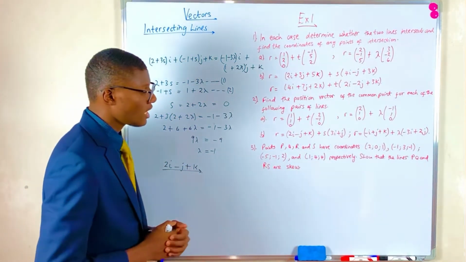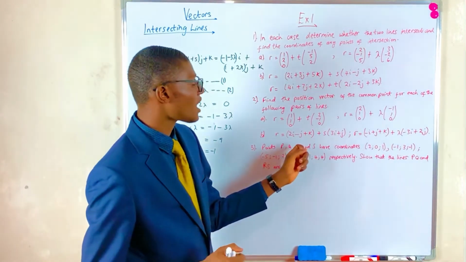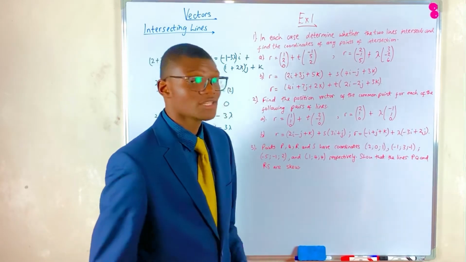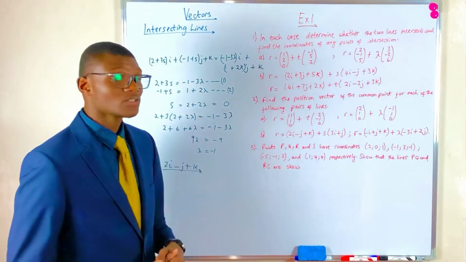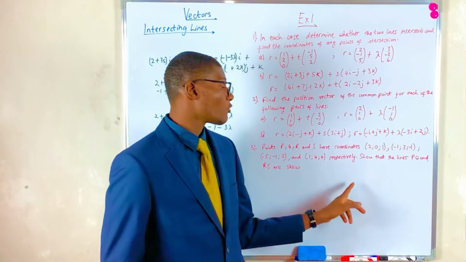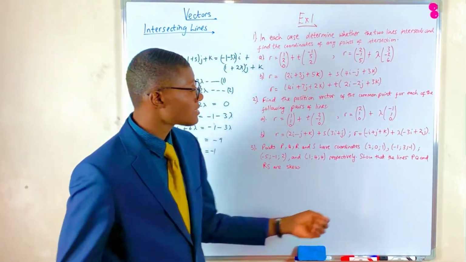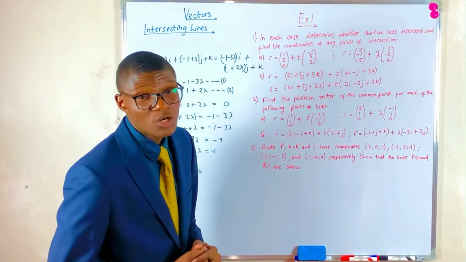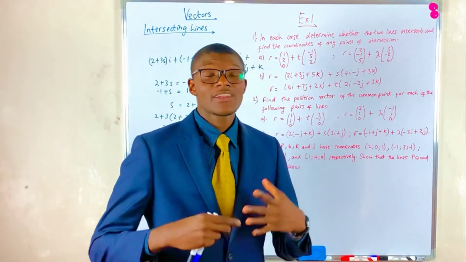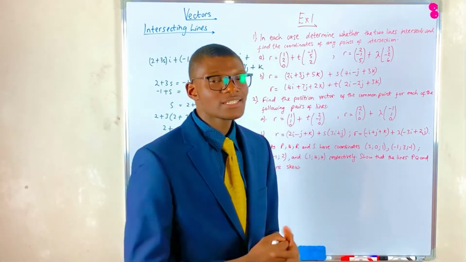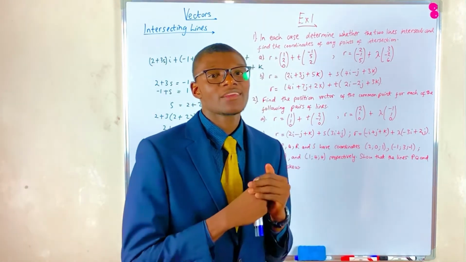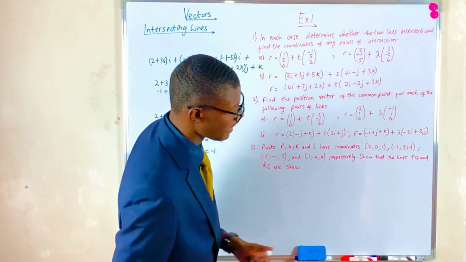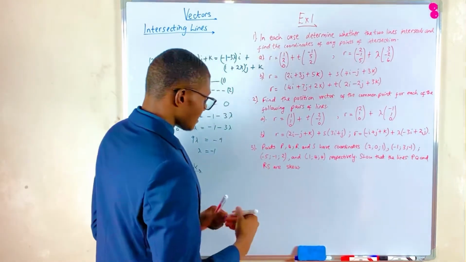Number 3 says points P, Q, R, and S have coordinates (2, 0, 1), (-1, 3, -1), (-5, -1, 2), and (1, 4, 4) respectively. Question says show that the lines PQ and RS are skew. Which means that these lines are not parallel, they don't intersect, they are in different directions, and they have no common point. Right? So, first of all, we shall find the line PQ, which implies that we need